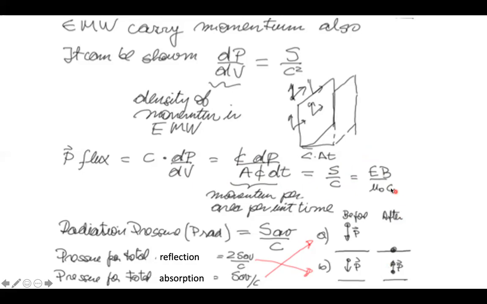So there are two real considerations that one must have to actually understand how this applies to anything, okay? Let's say we have two situations. We have an electromagnetic wave that hits a surface and is completely absorbed on it, okay? So it means that, you have to remember that